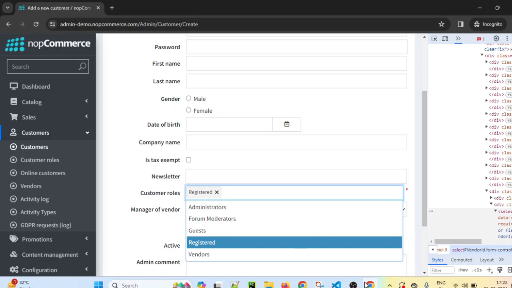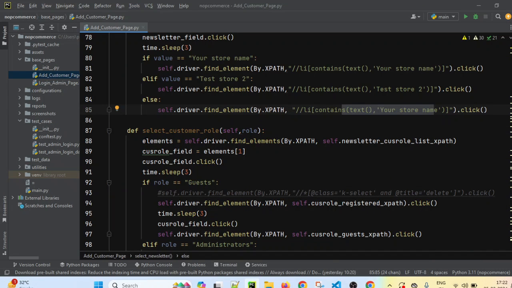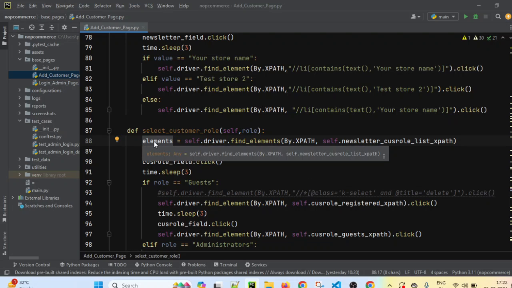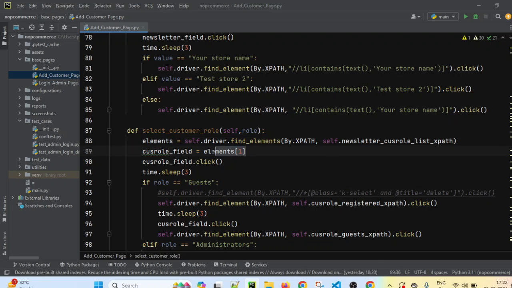For that, again we have created elements, which is a list containing two web elements. The first web element is for the newsletter, the second is for the customer role. So I am extracting the second element, storing it in customer role field, and clicking on this field. Whenever this method is called, it will click on that customer role.